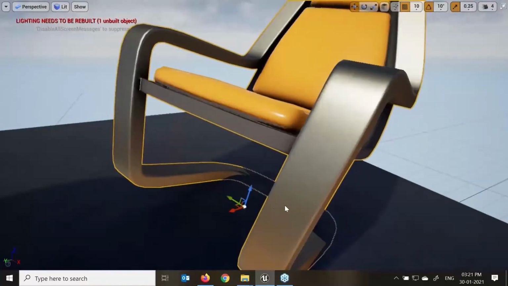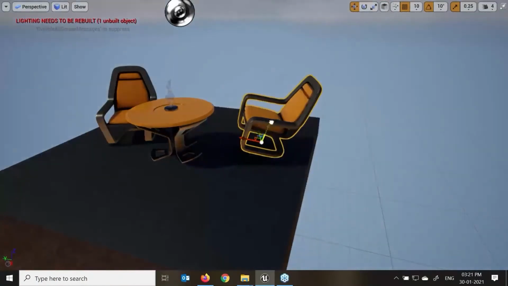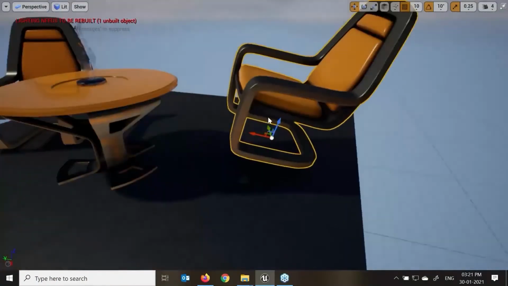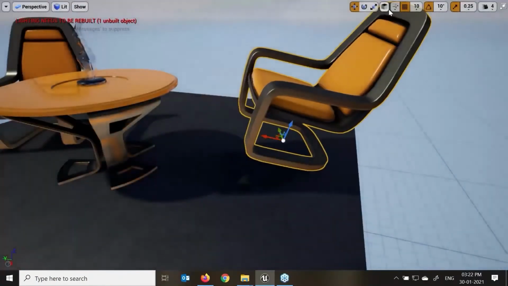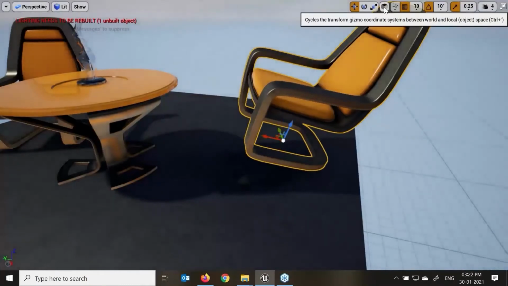Here you can see this. I'll just move. If I want to move in that direction, I can do that. With the help of these small icons, I can change it into the world axis and the local axis. Here we can see this is already showing the world logo over here, right? The icons over here, we can change that.